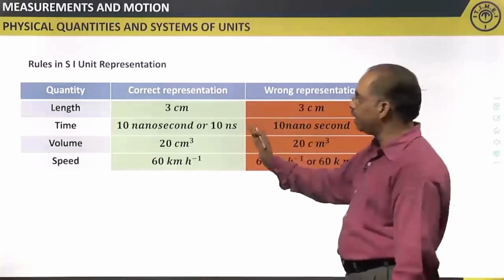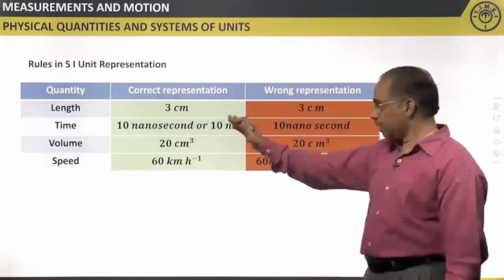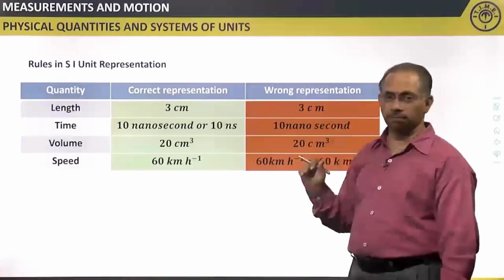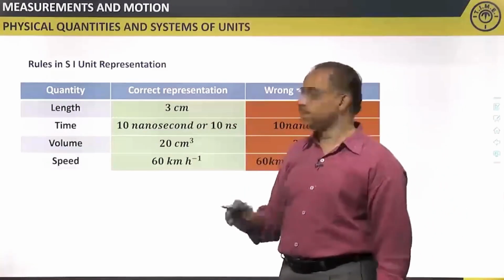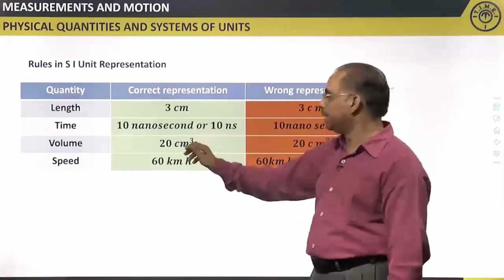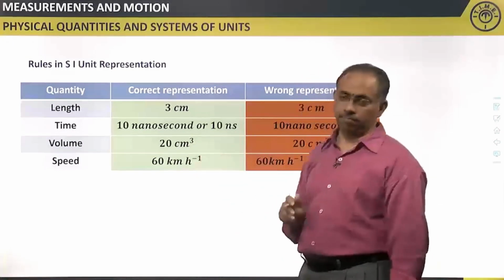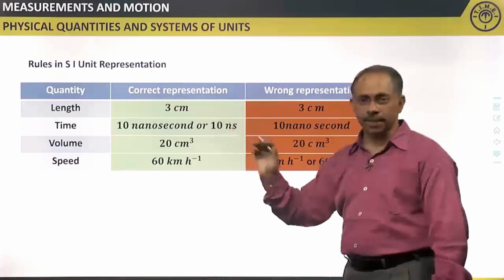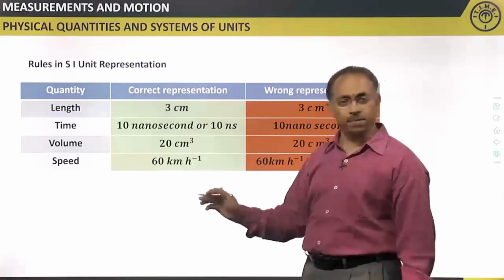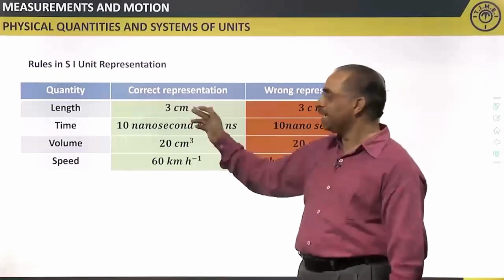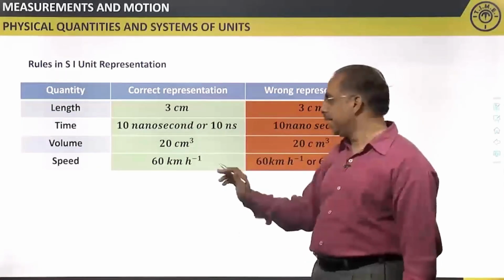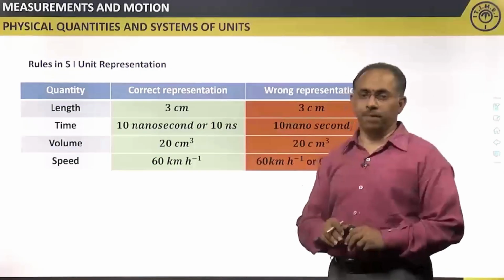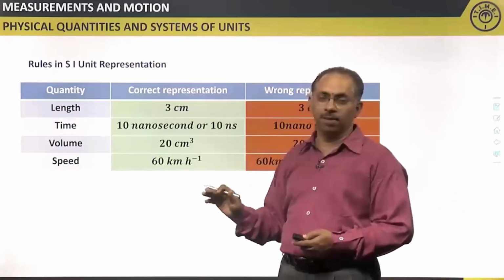Now, try to observe carefully the difference between the correct representation and the wrong representation. Okay. What do you have here? I am talking about centimeter, nanosecond, centimeter cube, kilometer per hour. Okay. So, I know meter, second, these things. Time also I say second and hour, that I know. But when I say centimeter or nanosecond, kilometer, these are nothing but prefixes or suffixes. Okay. That means which are coming before the unit actually. So, generally